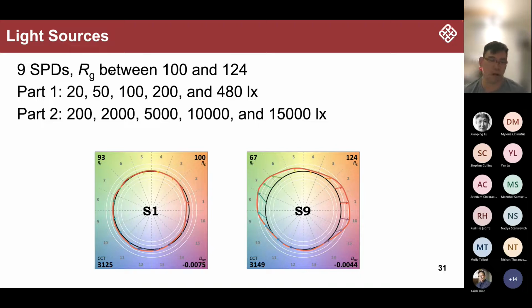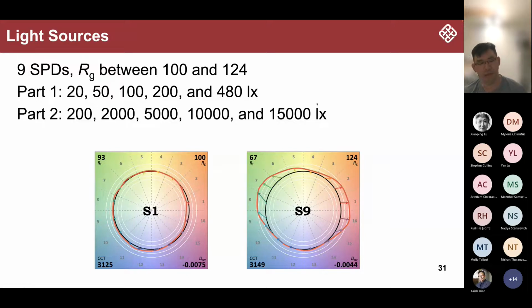And then we want to look at the trade-off between the color gamut or saturation and the light level. We ran the experiment in 2 different sessions. In the first session, we mainly looked at low light levels. We started from 20 lux all the way to 480 lux. 480 is a typical interior lighting application, and 20 is the lowest light level you will experience in a museum, so that we can protect the artwork. In the second session, we looked at 200 lux all the way to 1500 lux, which is pretty high, and no past experiment was looking at such a high light level.